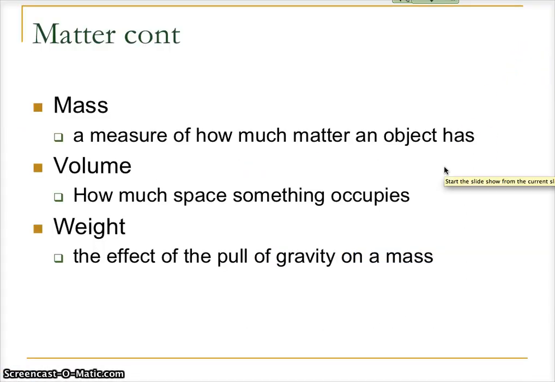Weight is the effect of the pull of gravity on a mass. And so if you hop on a spaceship and go out into space, your weight will change, but your mass will not change. And so that's just what weight is. It's gravity pulling on something. The more gravity, the more it will pull, the more the weight. So we can go to Jupiter, which has much more gravitational pull than Earth, and we would weigh more, but our mass didn't change. Or we go to the moon, which has less gravity, and we'll weigh less, but our mass didn't change. And so that's just the difference between what mass is and what weight is.